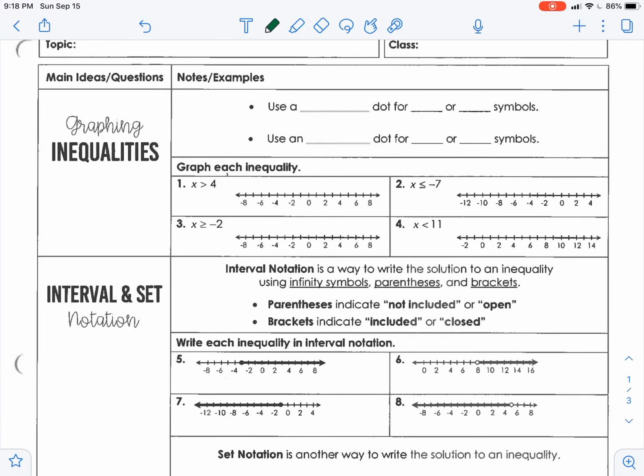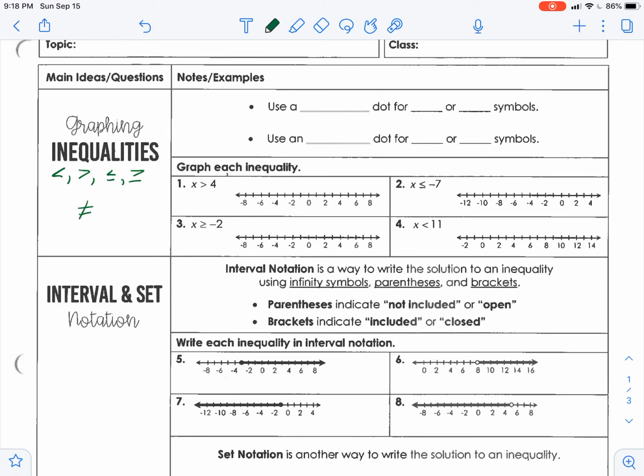So we're going to be talking about graphing of inequalities. And before we get started, let's talk about what our inequality symbols are. And those are the less than, the greater than, less than or equal to, greater than or equal to, and